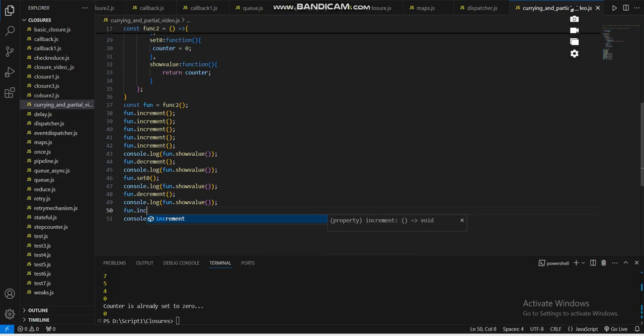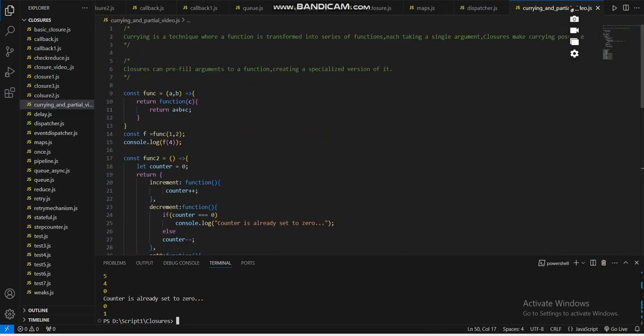Fun dot increment. This is a very careful concept we need to learn for further JavaScript programming. Watch. This is the main and advanced syntax of closure functions. Functions inside functions, and how we'll call them in JavaScript. What are the best processes? This is a very good way. Now we can move to the partial arguments or partial functions and currying technique, where functions in a